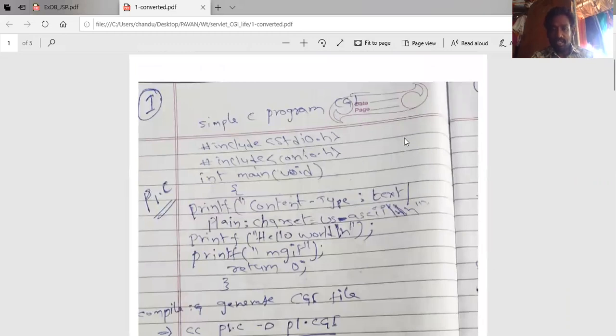Now assume this is one simple C program. Include stdio.h, page content type is text/html, print hello world, return. This is one simple CGI program, p1.c.